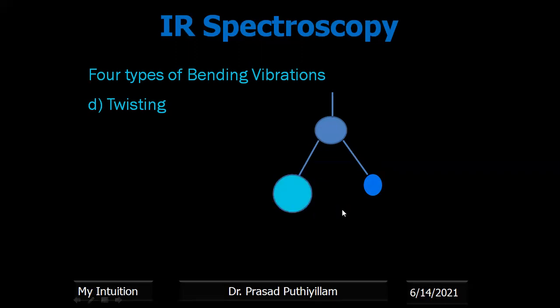So that type of vibration we can call a twisting type of vibration. Now these last two, wagging and twisting, sound a bit difficult to understand with these two dimensions. So I prepared a model for that, a sample model. I represented it with a spring, the spiral binding spring we use to bind books. These two represent the atoms.